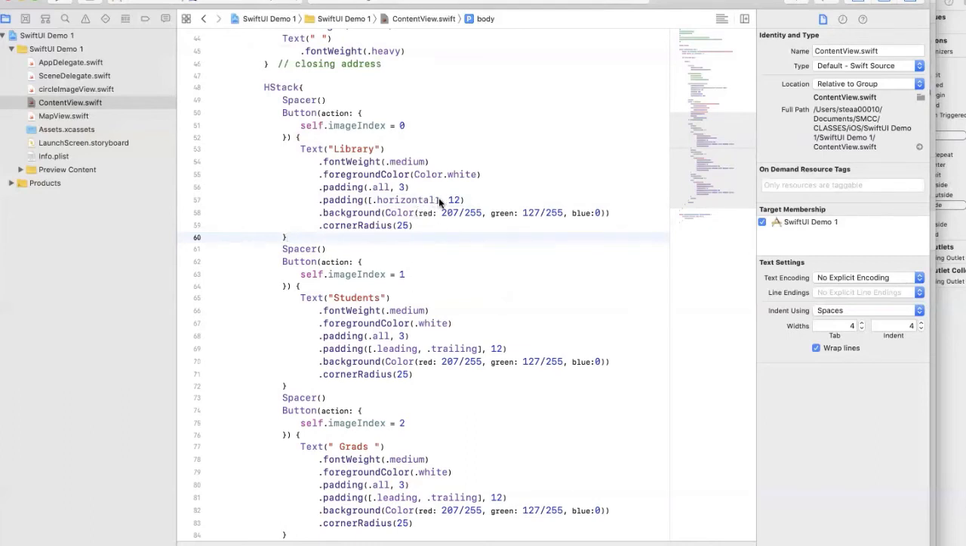If you wanted leading, trailing, and bottom, you could have an array here of all 3 of those. So .leading, .trailing, .bottom, comma separated. Setting the color. And the color I used here is the South Mountain color. That's